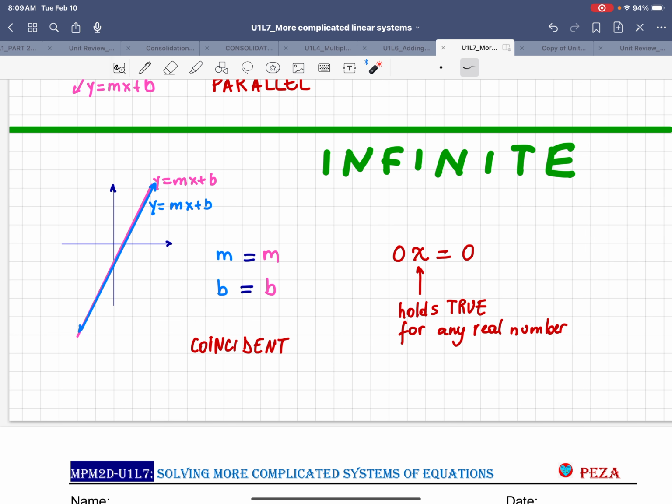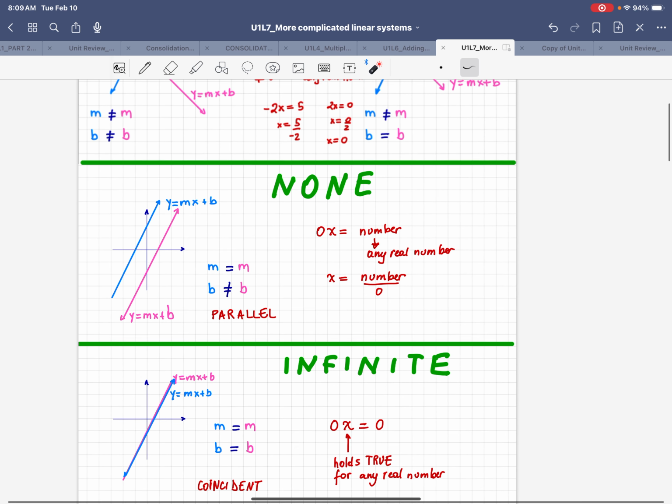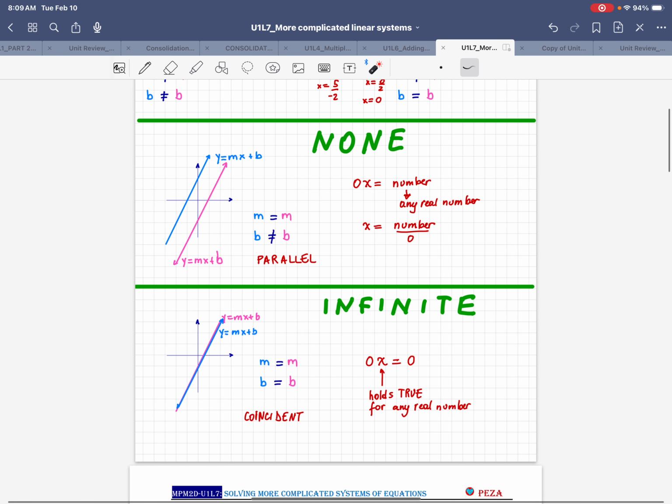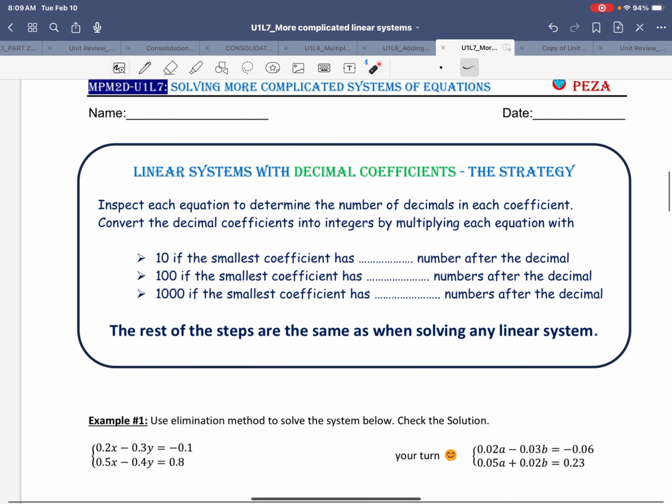Now, this is a very important concept we need to keep in mind when we solve any system of equations. And I thought that it's a good idea to kind of refresh